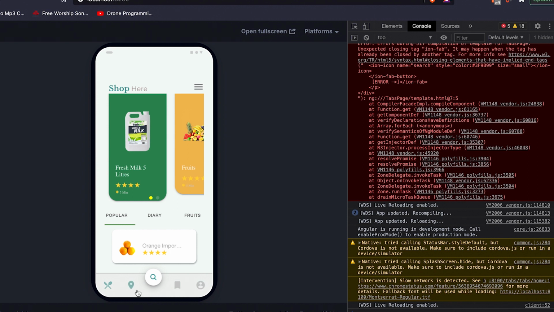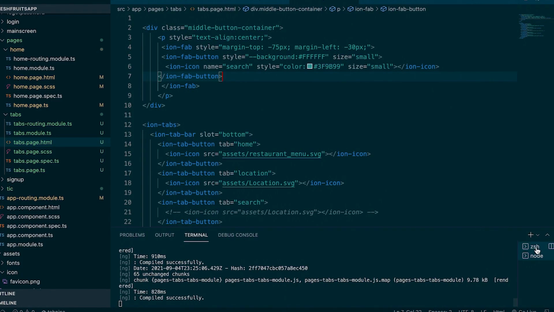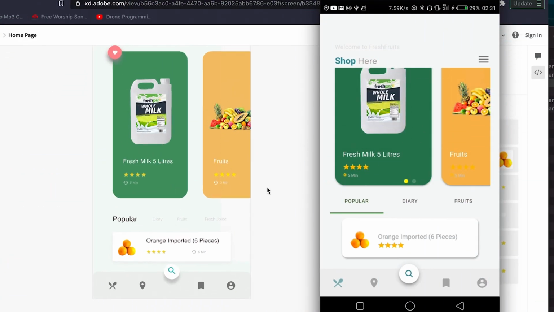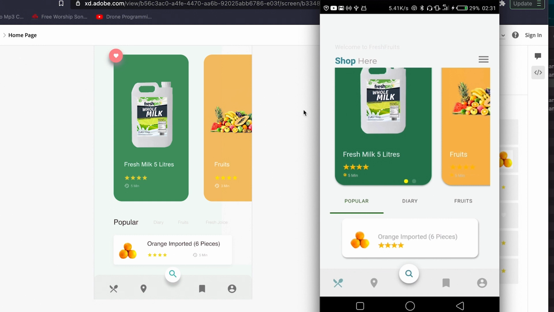You see how it has come up so fantastic. Now what we can do is run our code on our device and see. Okay, now if we can check our application, with our design, you see that exactly what we are having in our design